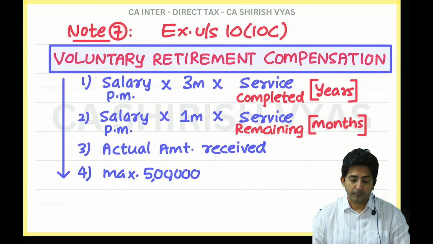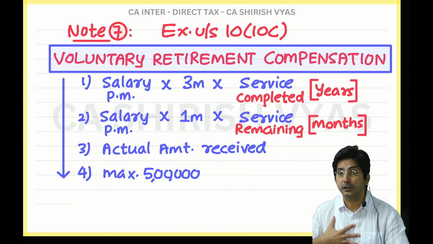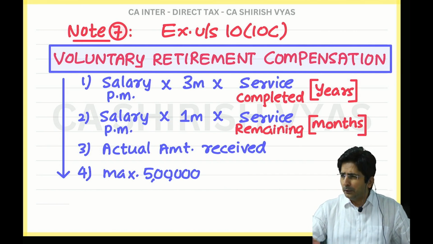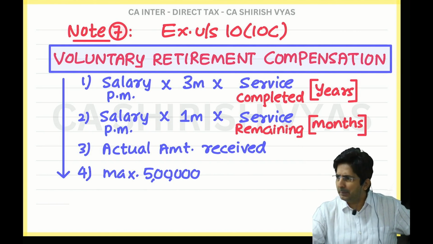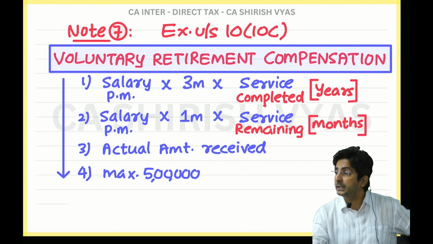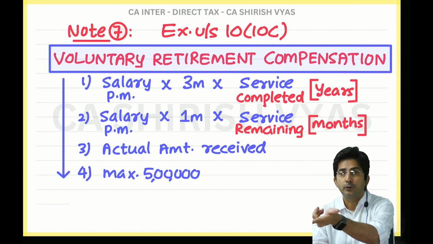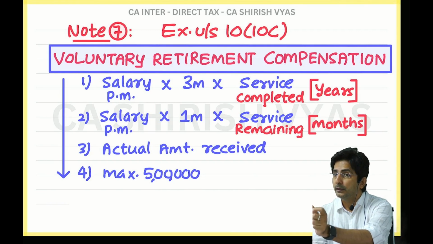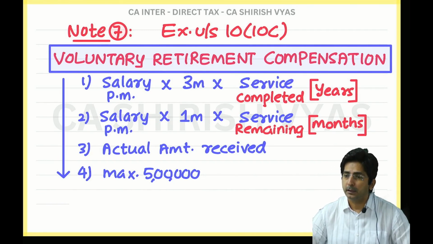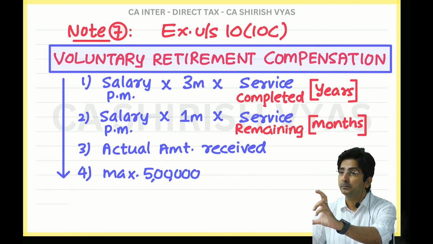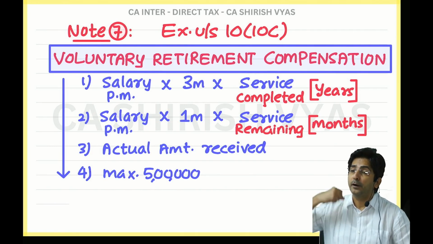But now tell me, if your company is very generous, and says your 8 years of service is left. In my example, continue the same: 60 years retirement age, you are retiring at 52. So what was the remaining service? 8 years means how many months? 96 months. Now if the company says, forget 96 months, I will give you 150 months salary